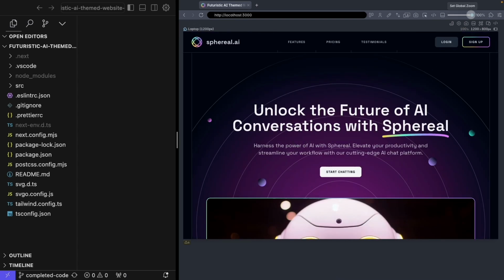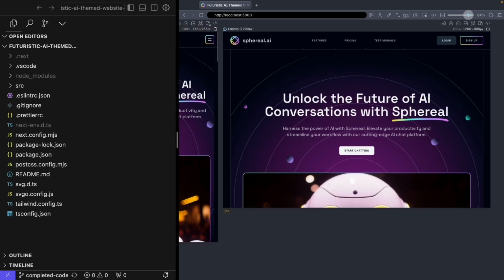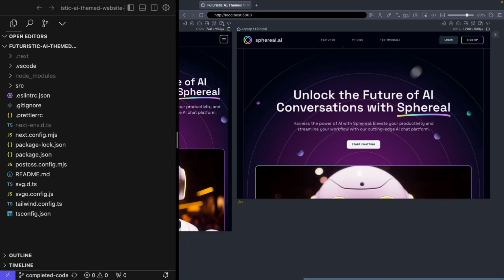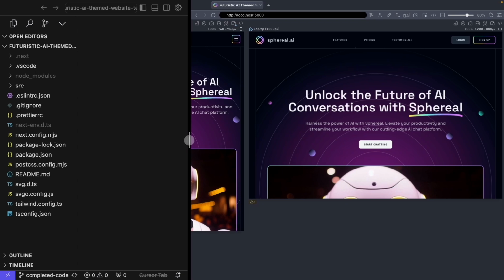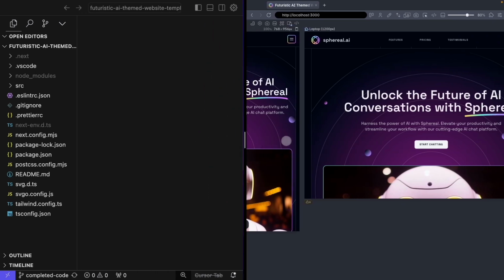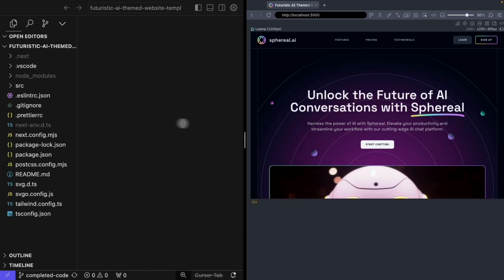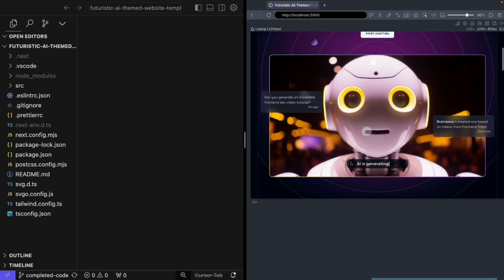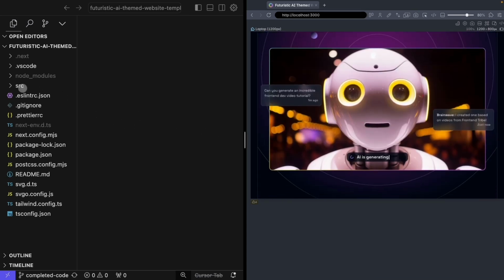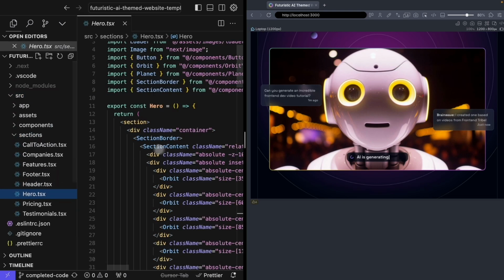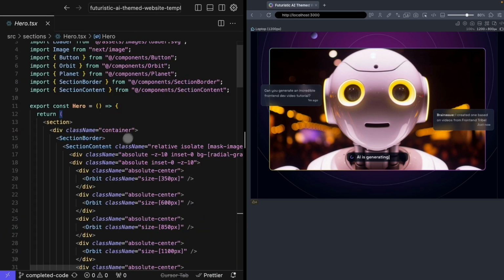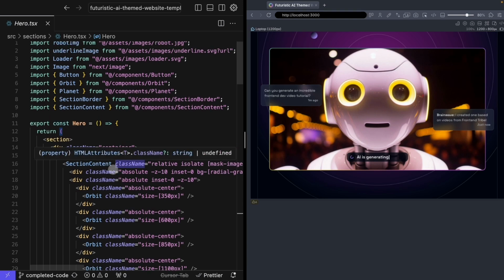So I'm going to take my desktop zoom size down to about 80% just to give myself a little bit more room to see the entire desktop as I'm working. And then I'm going to bring my browser window over just to give my code some more room as we work. So let me go ahead and focus down here, and let's open up our source/sections/hero